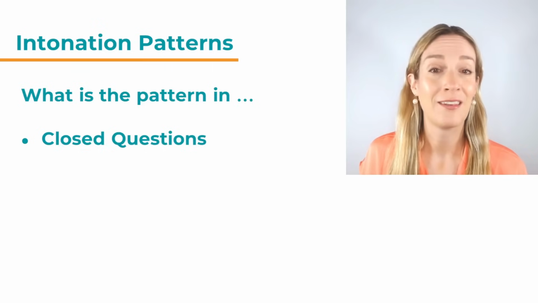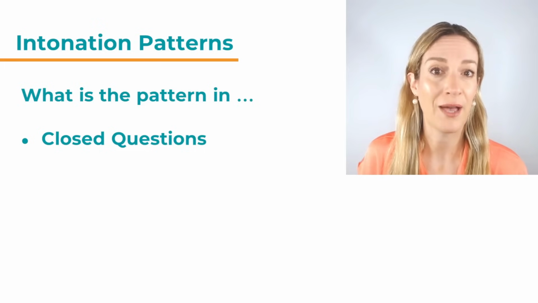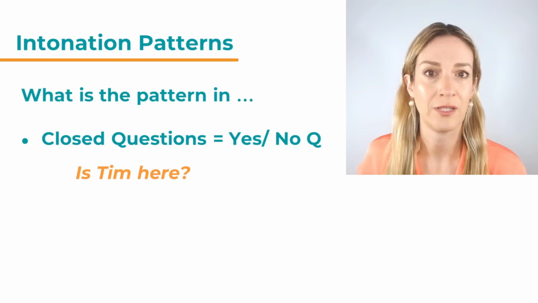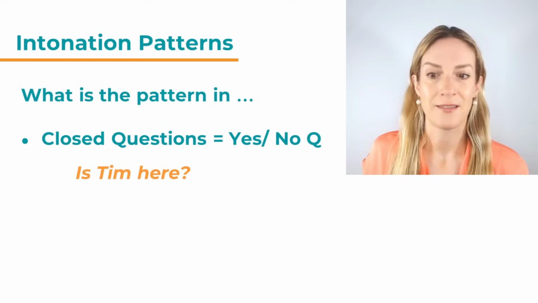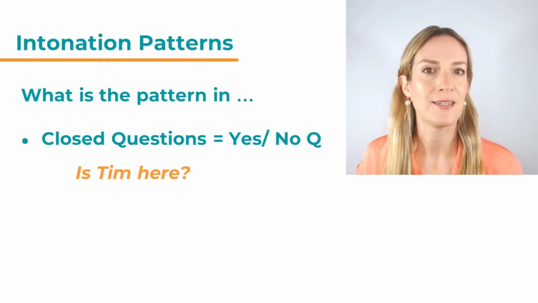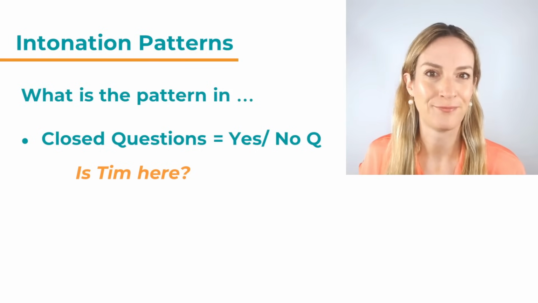Now let's have a look at another type of question in English, and those are closed questions. In comparison, they look a little bit different grammatically. We also call them yes/no questions, and that is because the answer is first of all just yes or no. Here is an example. Is Tim here? And the answer is simply yes or no. So grammatically they're different because they start either with an auxiliary verb or with a modal verb, not with a